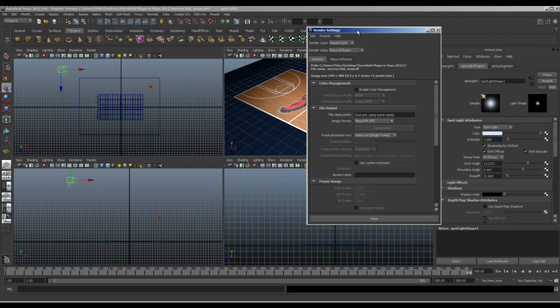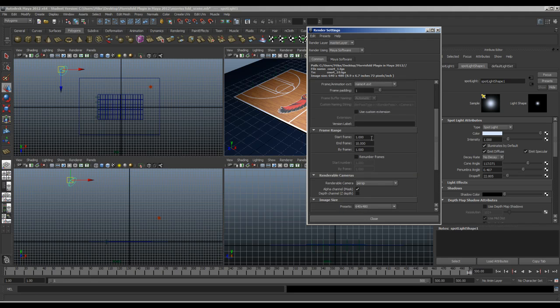Now let's do some of our render settings. First of all, set the file name, and for this type of project we generally use batch render in Maya, as we will composite the layers later on in After Effects. Select Targa or TGA as an image format, and frame or animation extension to name.#.ext, as we will get layers, and we will set the starting frame 1 to 500,